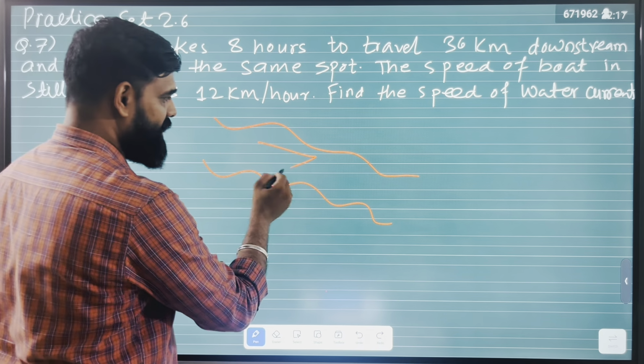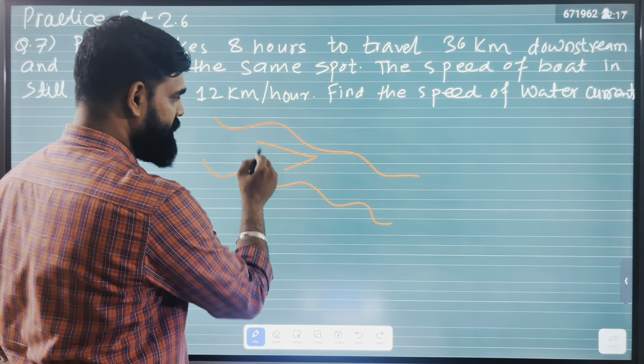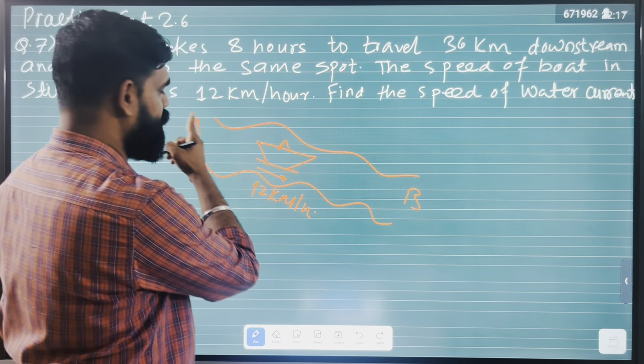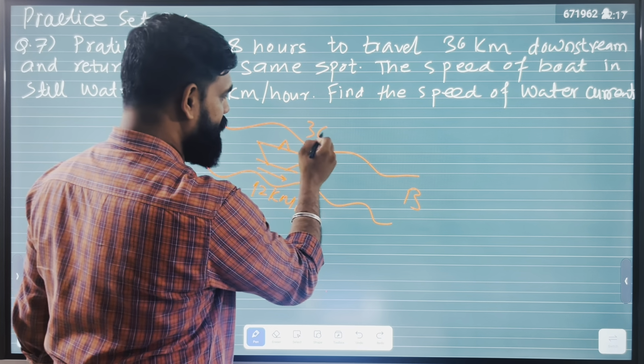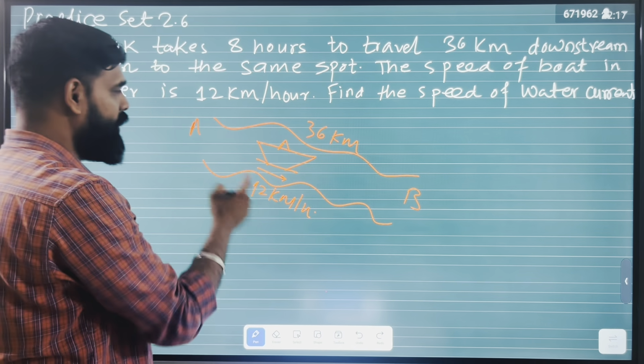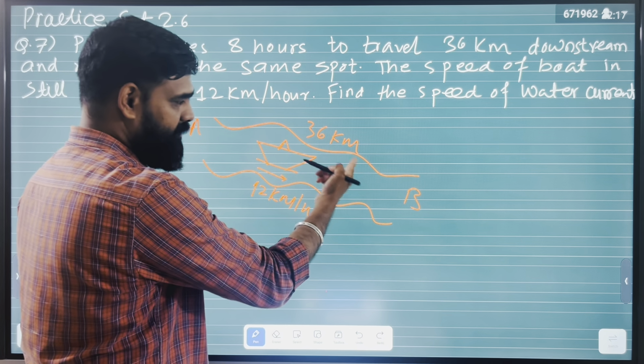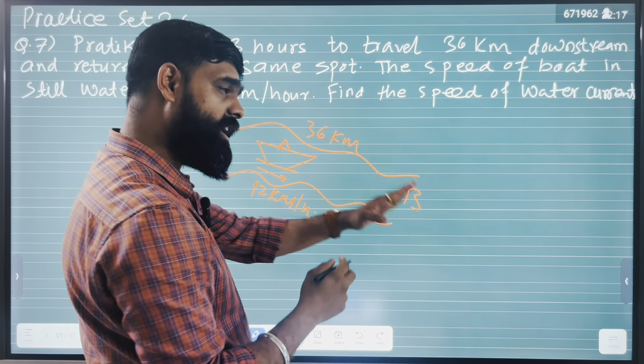the boat. So let us consider the speed of the boat. They have given the speed of the boat is 12 km per hour. So the speed of the boat is 12 km per hour. He is traveling from point A to B, and the distance between point A and B is 36 km. He is traveling from A to B, that will be 36 km, and he is returning from point